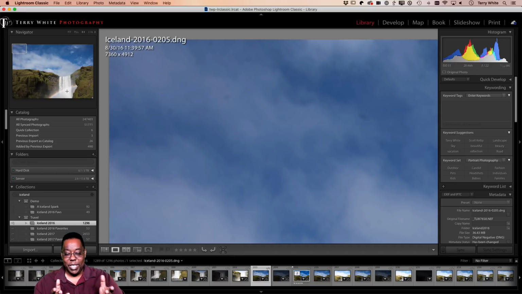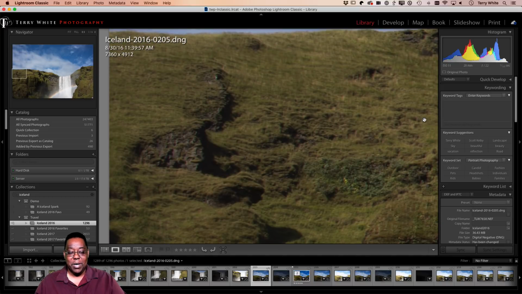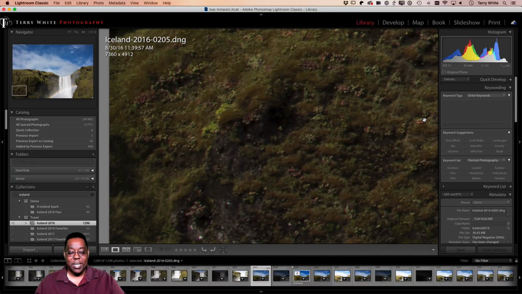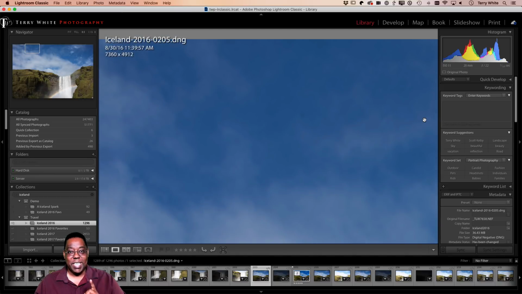Cool. I'm looking at that quadrant of the photo, and I can see what looks like a water spot right here in the cloud. So I could go into Develop and fix that. But anyway, once I fix that and I hit page down, it goes to the next quadrant. Page down, page down, page down, page down. Now it's getting to the bottom. That's the bottom. If I hit page down one more time, what does it do? Up to the top, scrolls over.